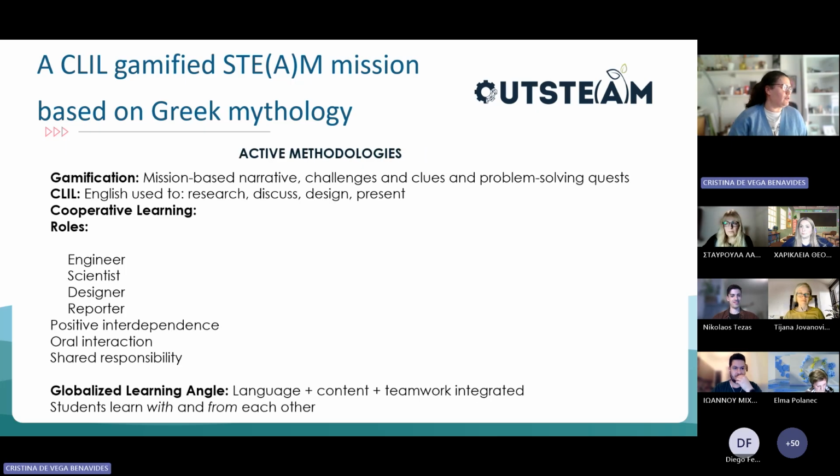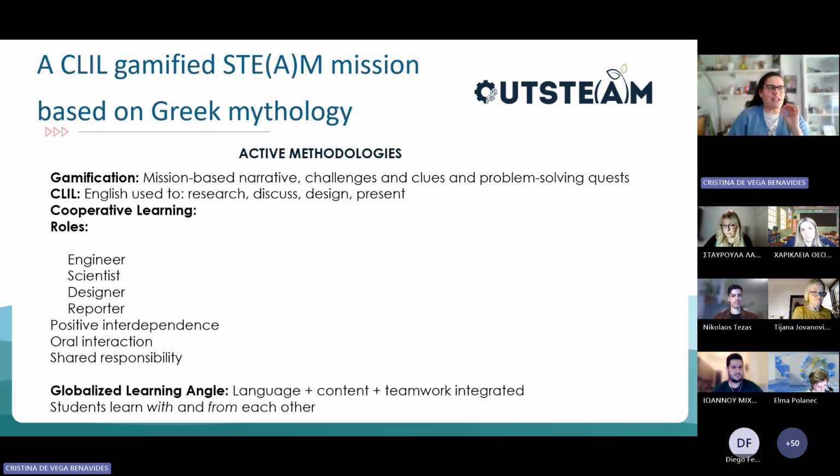Let me move on. So how did I do this? Well, I'm really into active methodologies, and I've listed all of them, but I'm just going to break down a little bit each one of them. When it comes to gamification, well, I created the narrative. We created a point system. It was a way for them to grow into the project. Why do I say CLIL? I know not everyone here is an English teacher, but I have to include it because I've used other subjects to teach English. So I've used structures that are used for technology or science expressions to explain English.